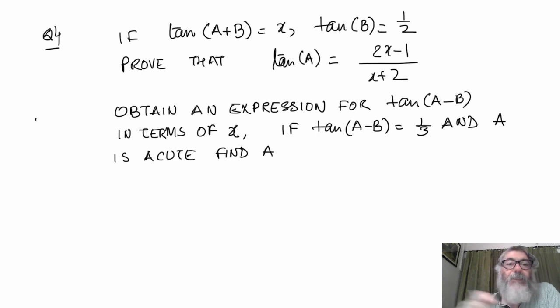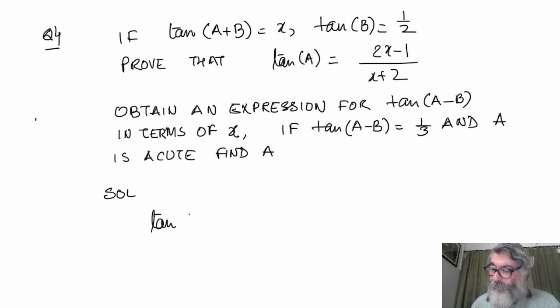Now, the next question is: if tan(a + b) is equal to x and tan b is 1 upon 2, prove that tan a is equal to (2x minus 1) upon (x plus 2). Again, the use of the formula. Solution: